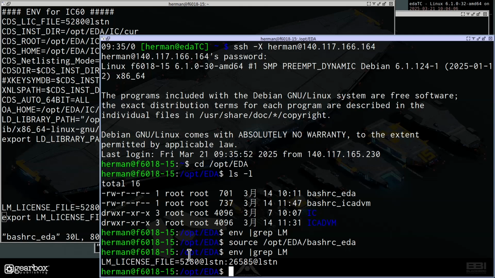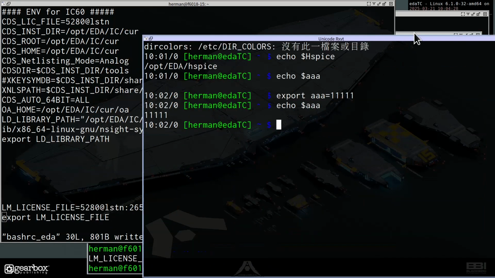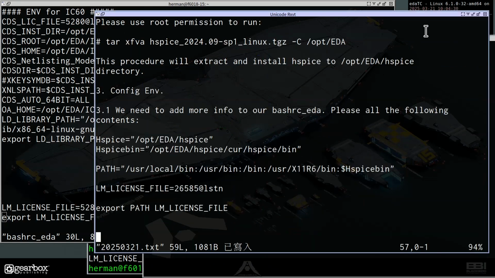The first one is for Virtuoso. The second one is for Synopsys. You may have a question because you don't know why I should set this up, so I will explain this later, because you haven't set up a license server before. Okay? We can begin our test now.